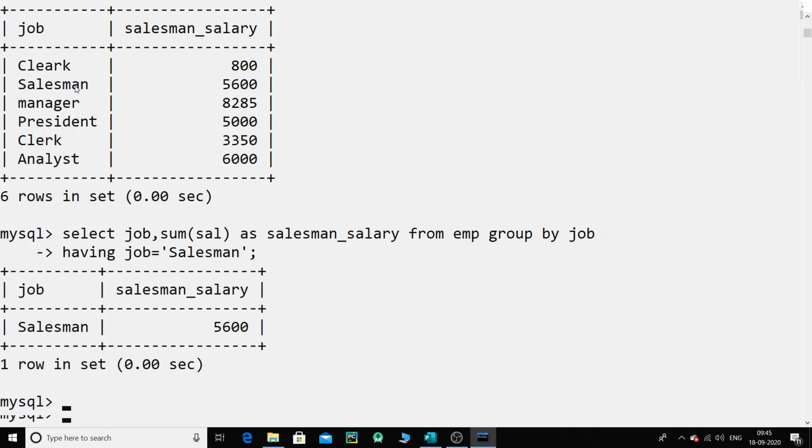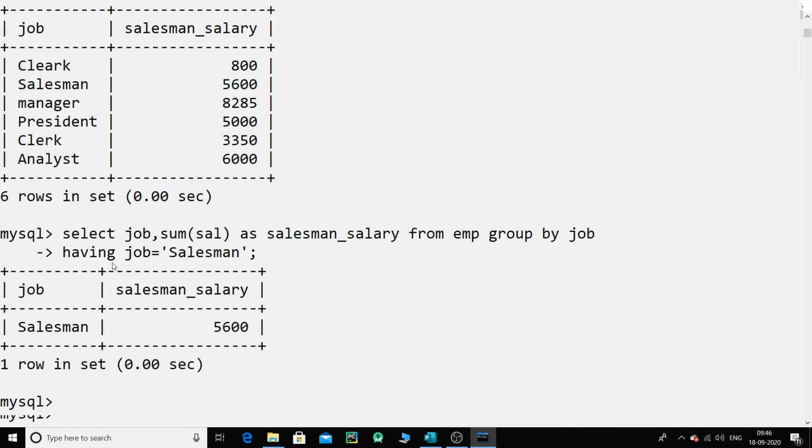That is the same thing that was shown here. So please remember, when you use the aggregate function and the group by, you have to apply the condition using the having clause. The having clause works on the groups, whereas the where clause works on individual records. So do not use the where clause, or you will get an answer which is not right. So this is how, children, you can use a group by.